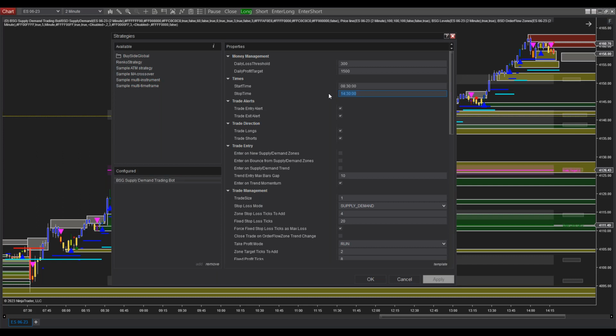The reason is, let's say the bot enters a trade 40 minutes ago. I can still stay in the trade, but I don't want to enter a new trade when the market is about to close. I did not find any success entering trades in the last 5-10 minutes, so I always tend to stay away. I only enter trades until 30 minutes before the close. The 8:30 is my Chicago Central Time for the New York market open. If you are in the Pacific or Mountain time zone, make sure this time reflects the New York market open,